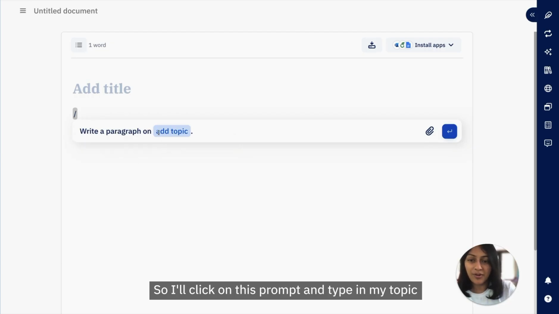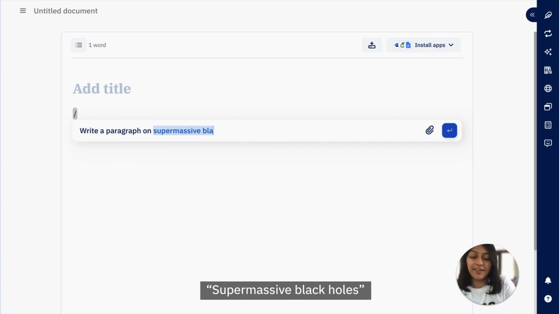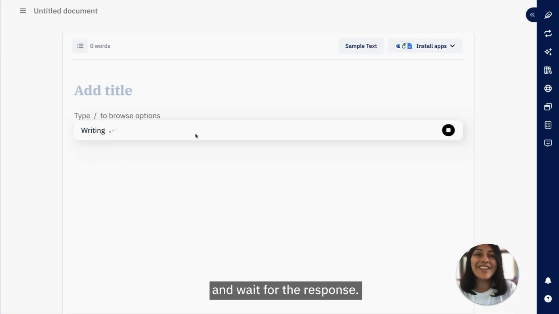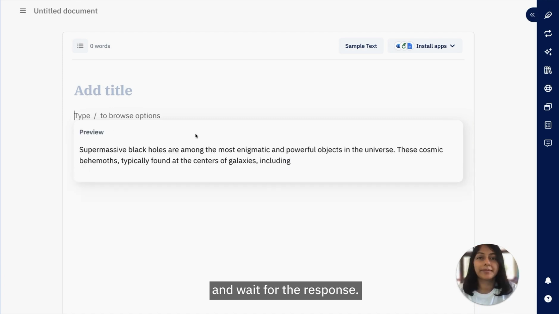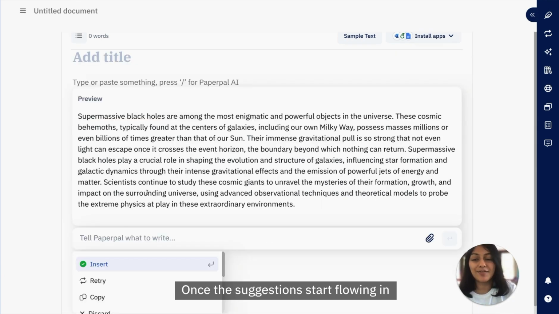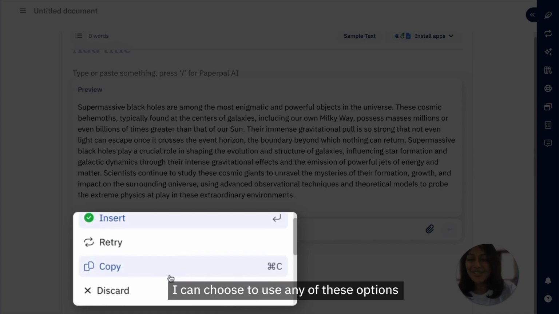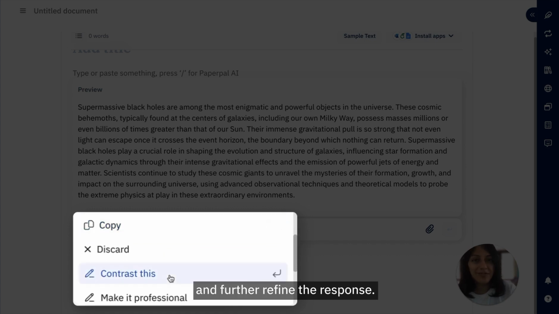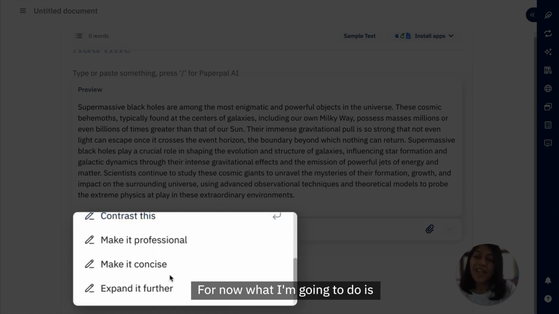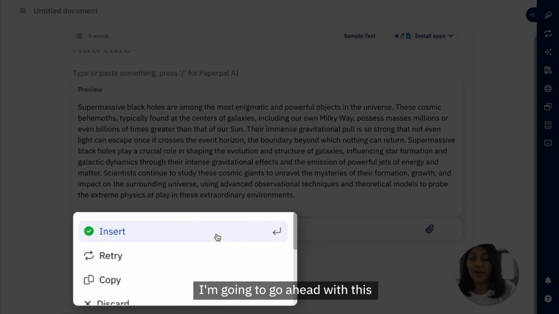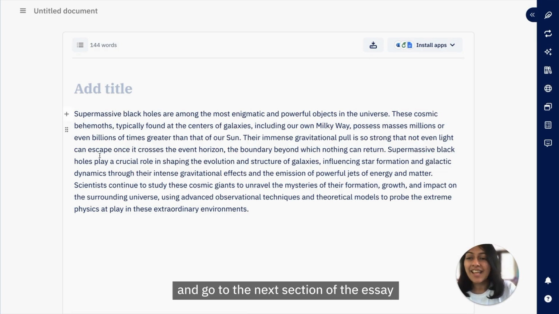So I'll click on this prompt and type in my topic, supermassive black holes, and wait for the response. Once the suggestions start flowing in, I can choose to use any of these options and further refine the response. For now, I'm going to go ahead with this and go to the next